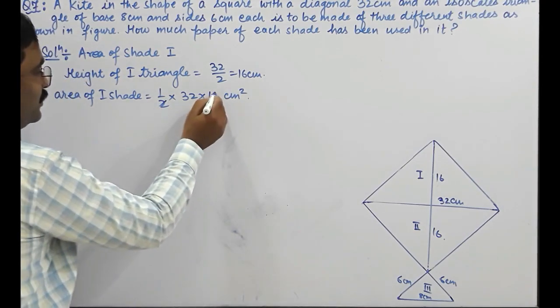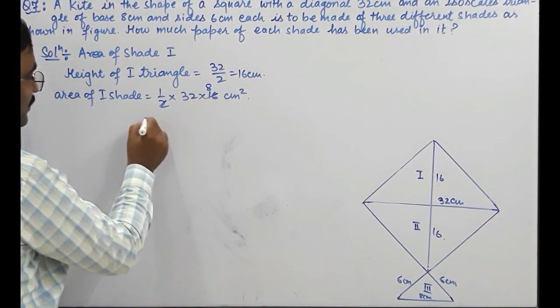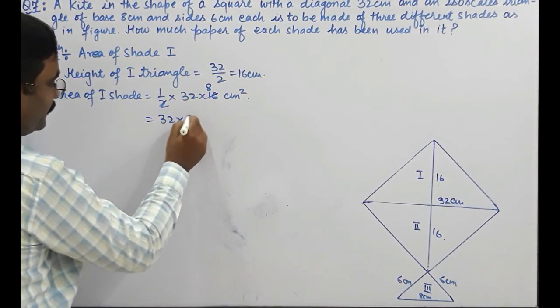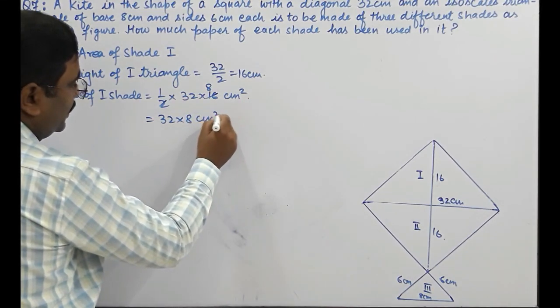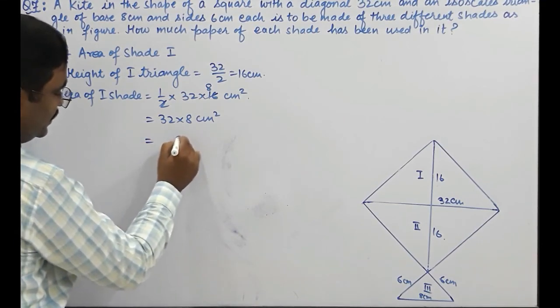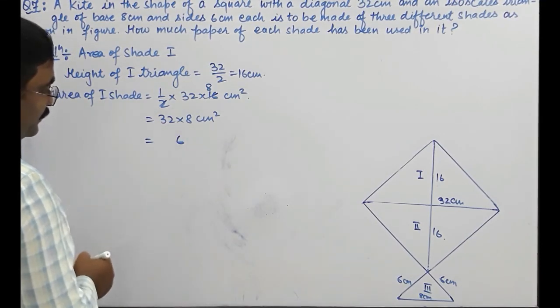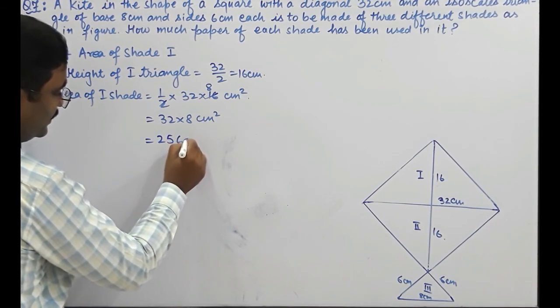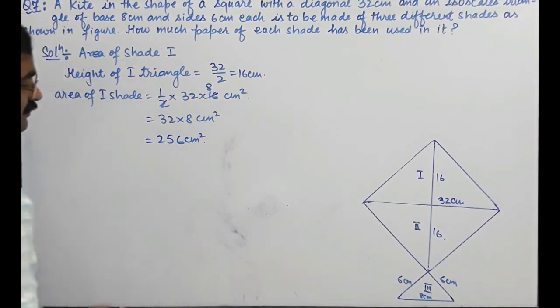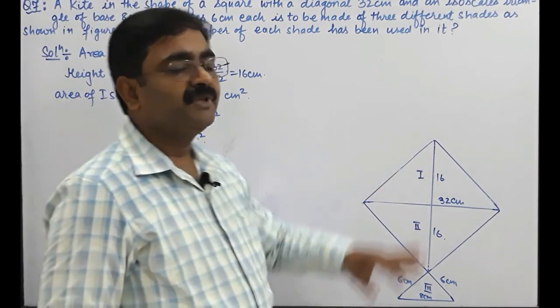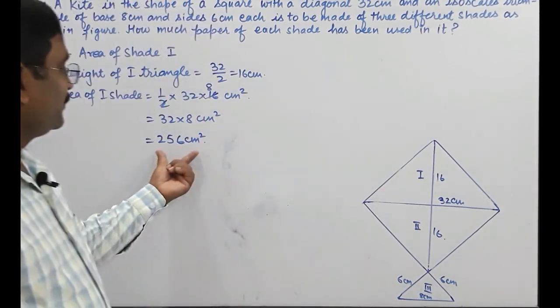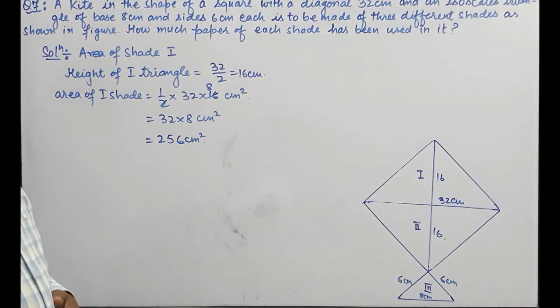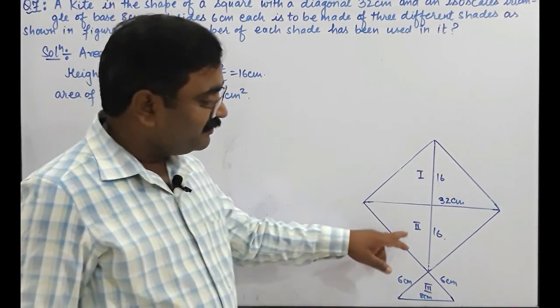Now 2 8s are 16, 8 multiplied by 32: 8 2s are 16, 8 3s are 24, plus 1, 25... so the area of the first side, that is 256 centimeter square. Now to find the area of the second one,